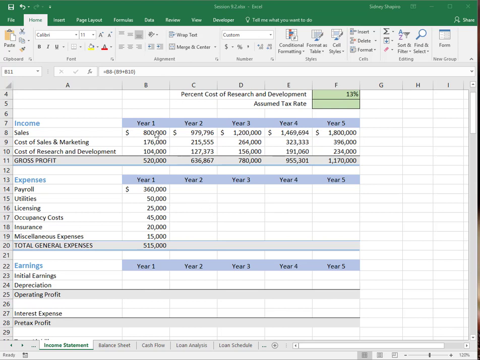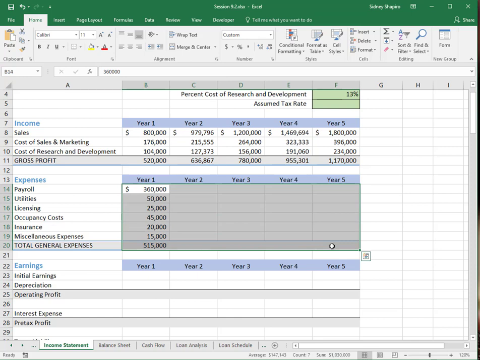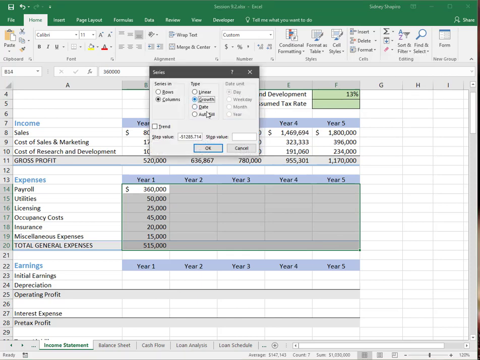Okay, so a few minutes ago, we had our year 1 and our year 5, and we interpolated what happens in between for years 2, 3, and 4, and we filled those out. Now, we only have year 1 fixed expenses, and we're going to fill them out using only year 1 values. So to do that, we're going to select the range B14 to F14, and go back to our Fill button and click on Series. We're going to pick Growth, so it's going to increase each time as it goes along. And we're going to type in 1.13